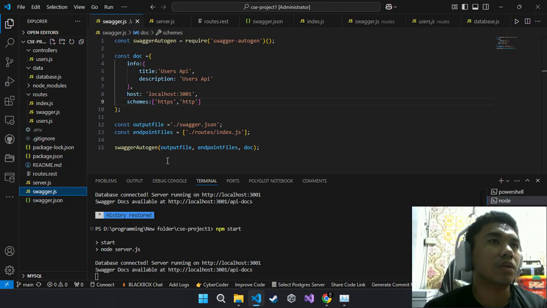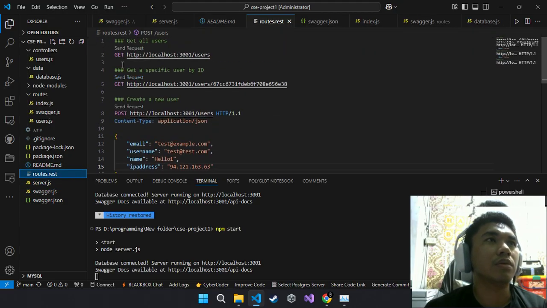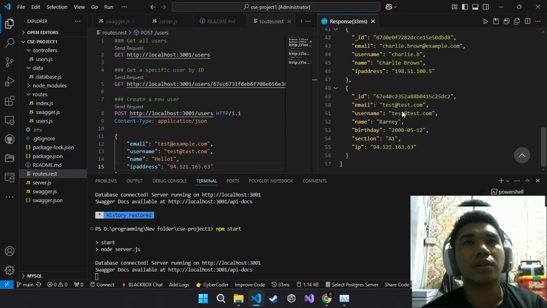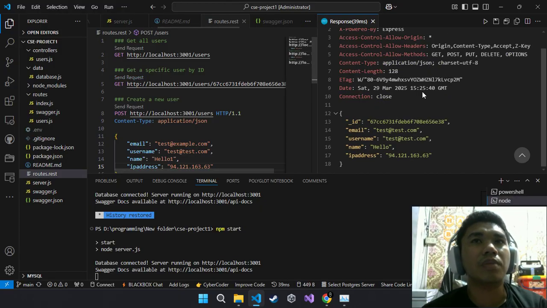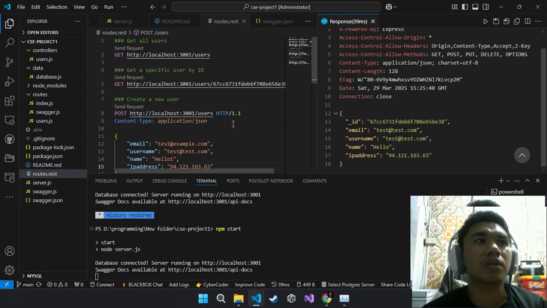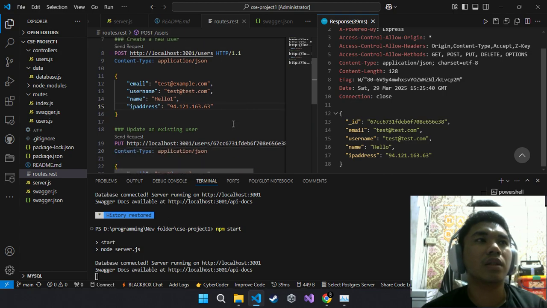So here, as you can see, request. So get, it will show up the data or the database from the MongoDB. After that, a specific request from the server will create a new data or update the data.